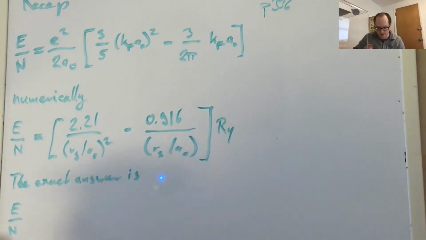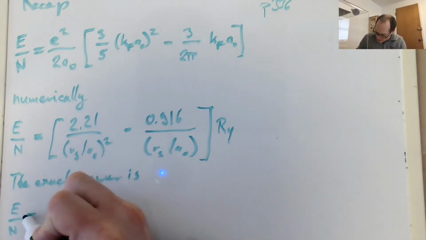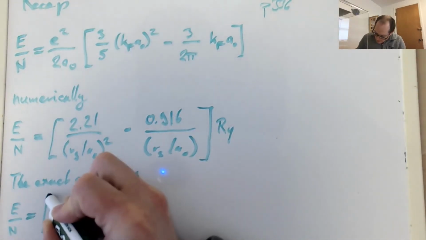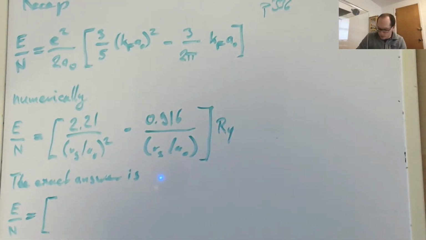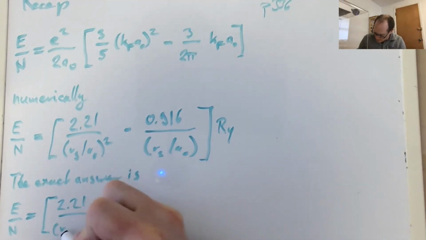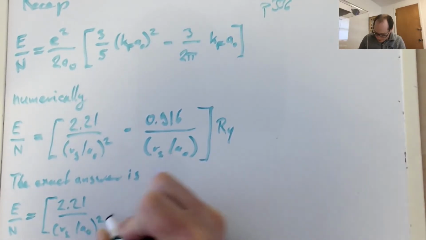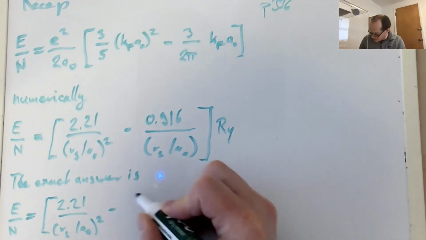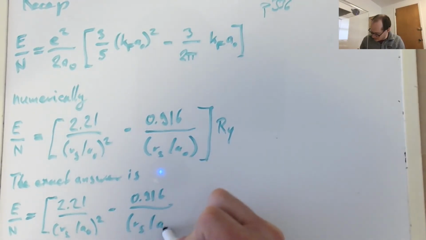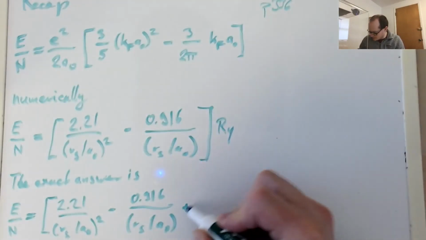When you do density functional theory and look at the so-called local density approximation, you want the correlation energy for a given electron density, and that density is exactly expressed in terms of this Rs. So if you do that calculation right, you find 2.21 divided by (Rs over a0) squared minus 0.916 divided by Rs over a0 plus